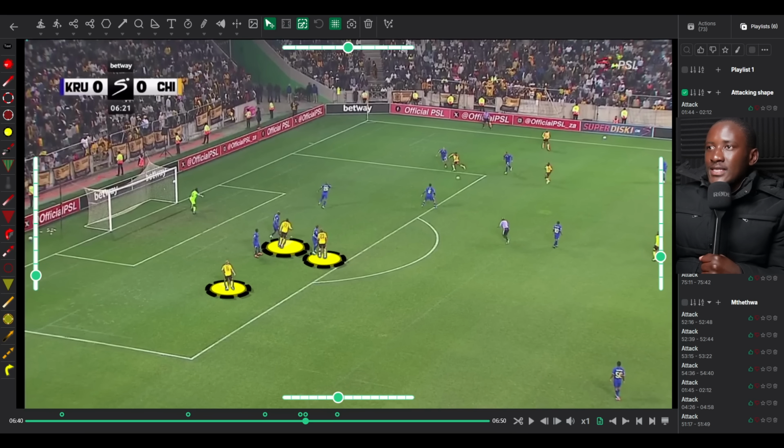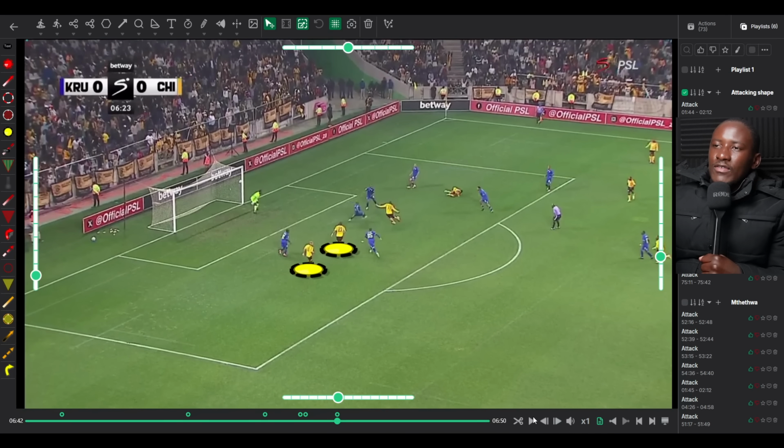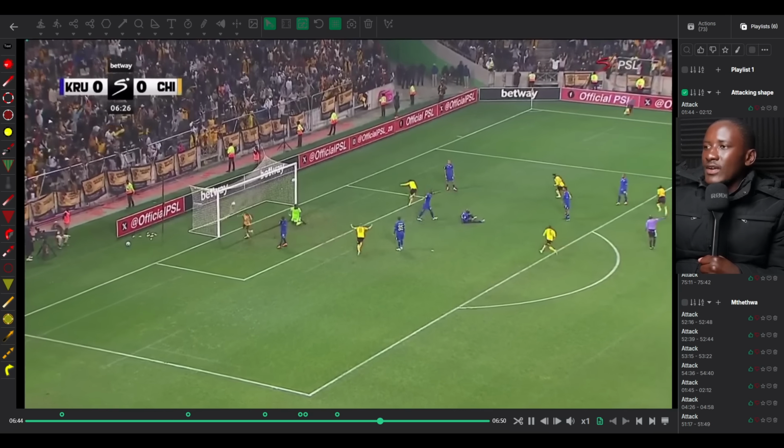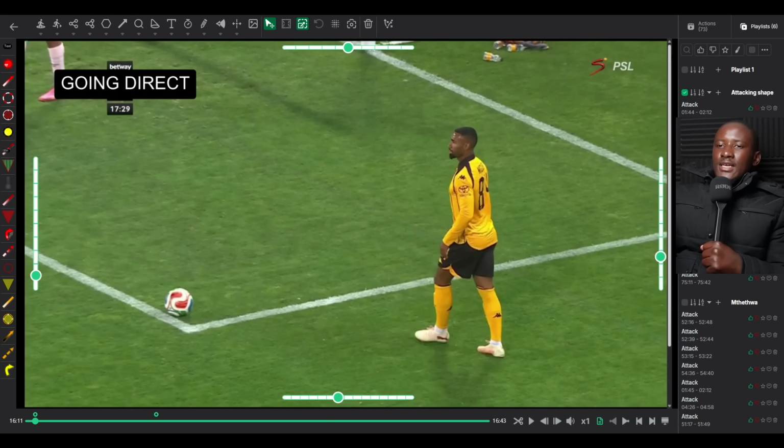Chiefs have a lot of players, 3 players in the box, and the 4th one is the one who's carrying the ball, and Mfundo plays the ball. If Da Silva misses the ball, there's still 2 more people, Chislett right there and Baartman right there, who can still cause some damage. But you don't need anyone else to get the ball, because Silva gets the ball and then he scores. It's 1-0 to Kaizer Chiefs.